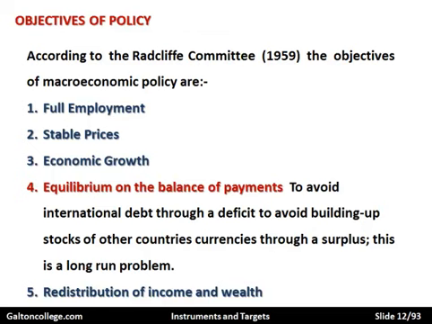But we don't also want a long-term surplus on the balance of payments, because that would mean we're just simply building up stocks of other people's currencies. Well, we're giving them real goods. We're exporting, let's say, cars, and they're giving us their currency. Well, that doesn't seem right in the long run. They're getting cars to drive around in, and we're getting piles of their currency. So we need some sort of balance.